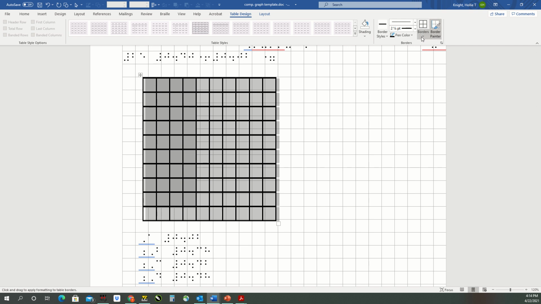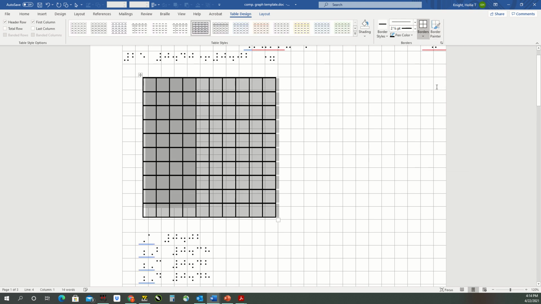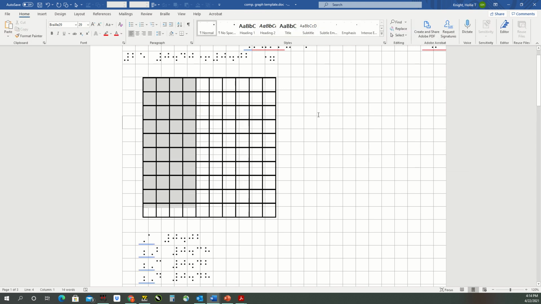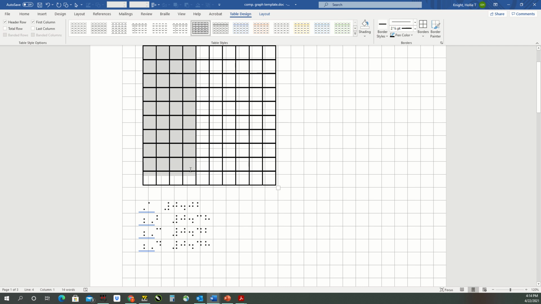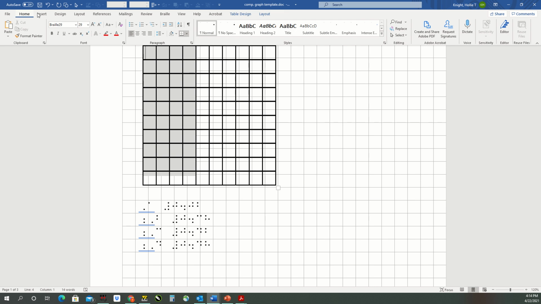And it will change it all to what you need. And you will repeat the same for the other one in this situation. Or you can